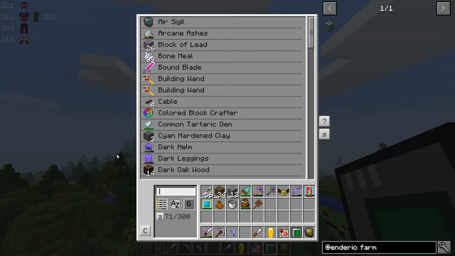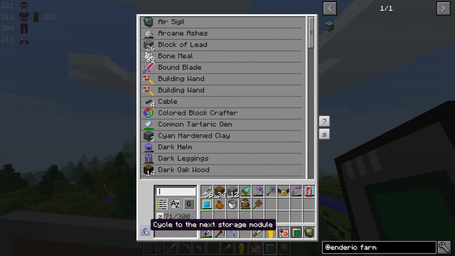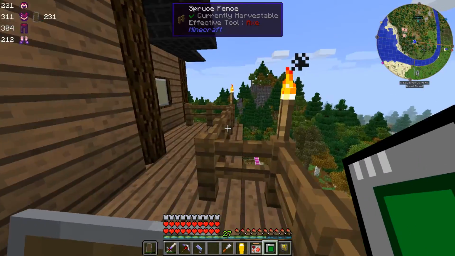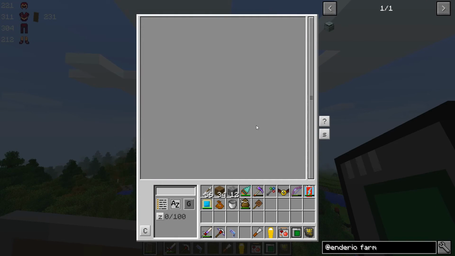It allows me to carry 300 stacks of stuff with me. And I've got actually 3 different modules in here. One of them is the one that is sending charcoal out to our quarry. And then the other one is the one that we send stuff back to our base with. So if we want to send something back to our base, we throw it in here, and it gets